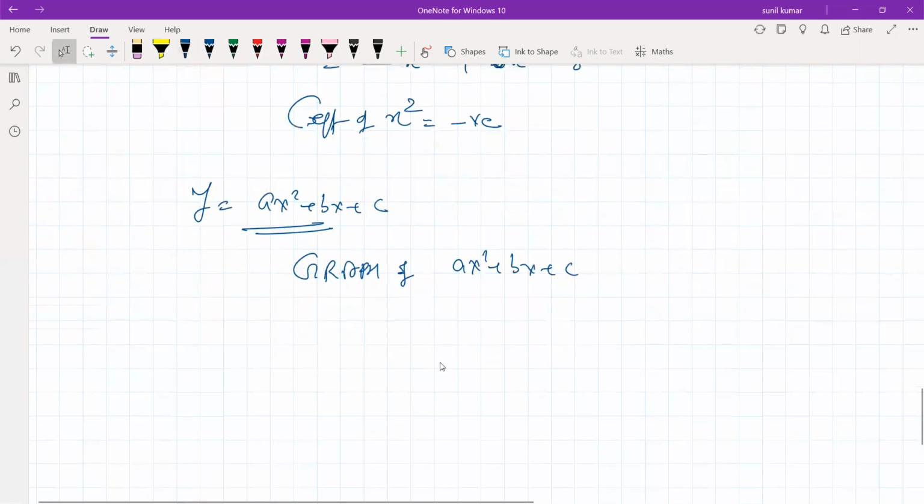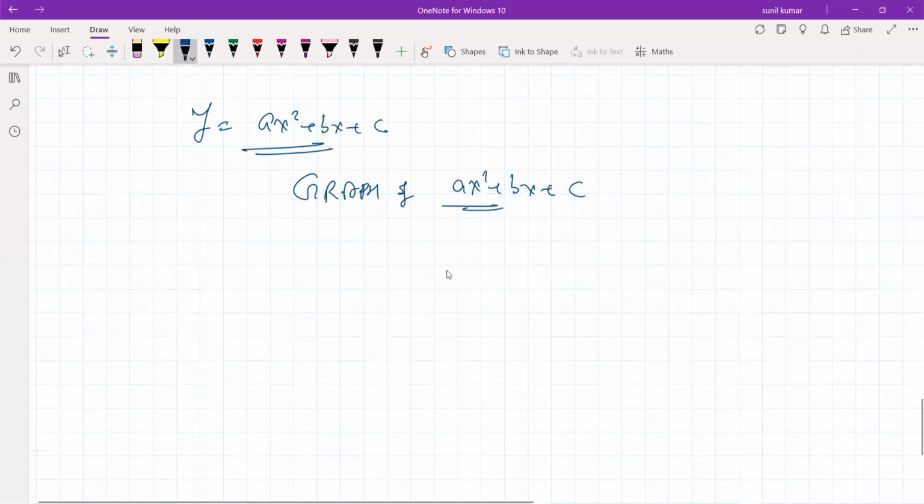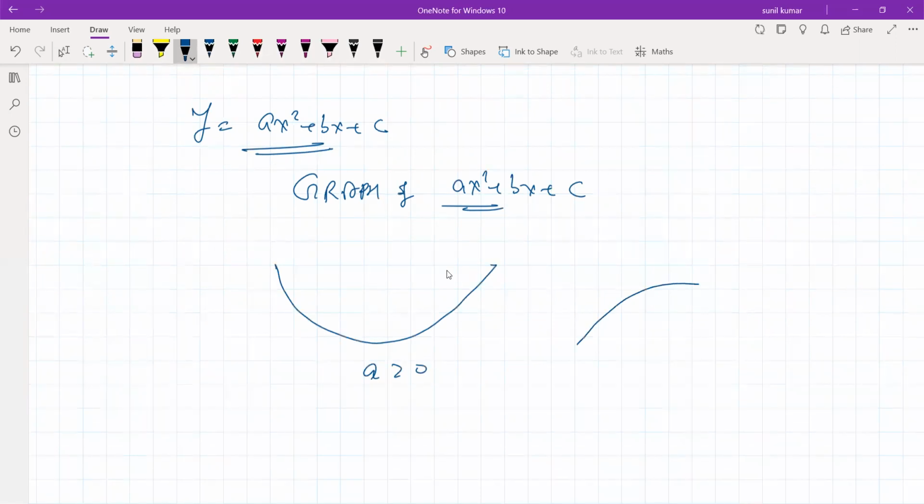So here what is happening? Even in the upward case, it is coming like this. For ax square plus bx plus c, sir, then a will be greater than 0. In this situation, a is positive. If you take it like this, then a is negative. So this is the graph of ax square plus bx plus c. The graph is coming something like this one. ठीक है बेटा?